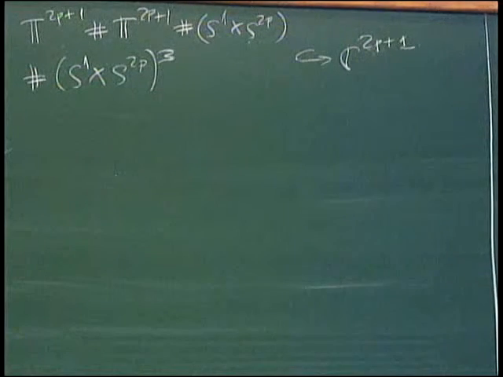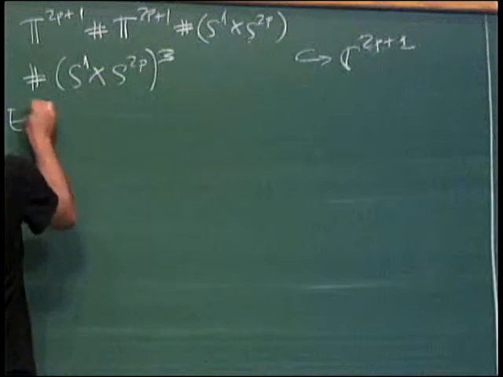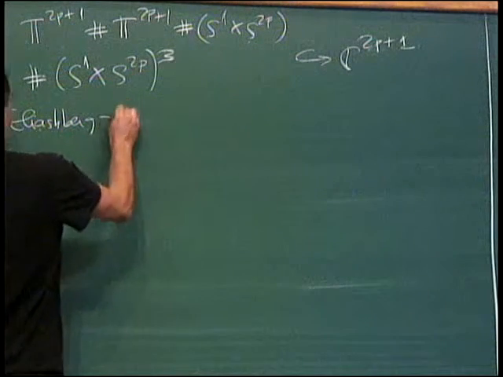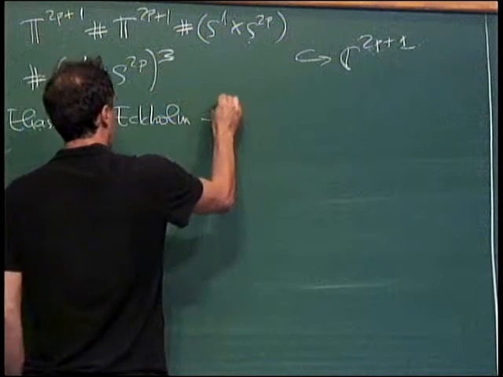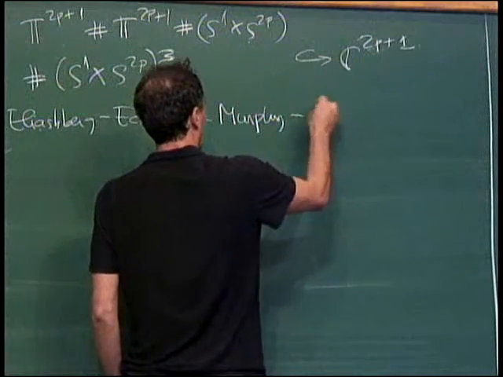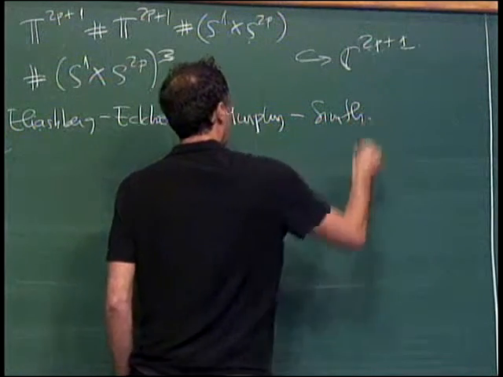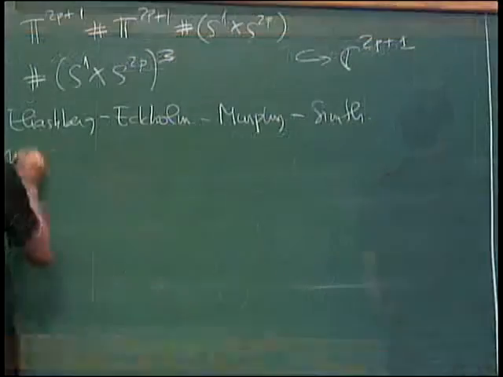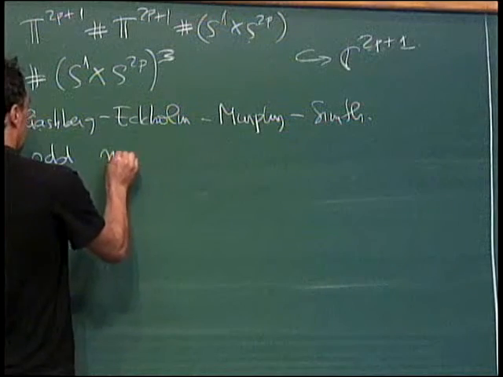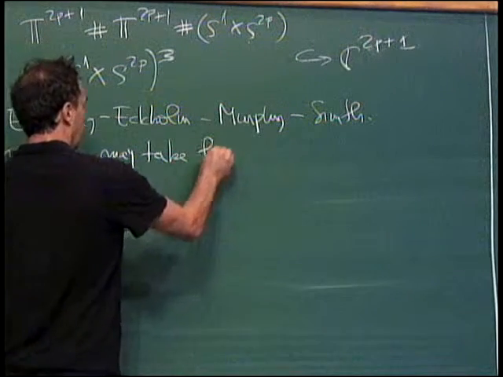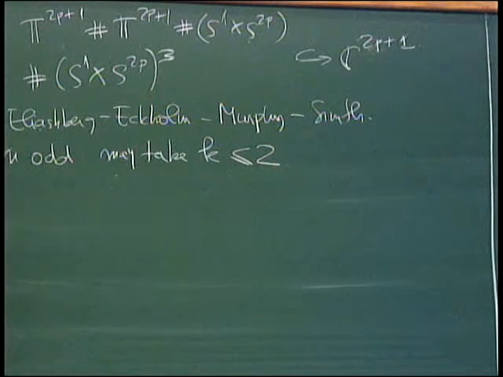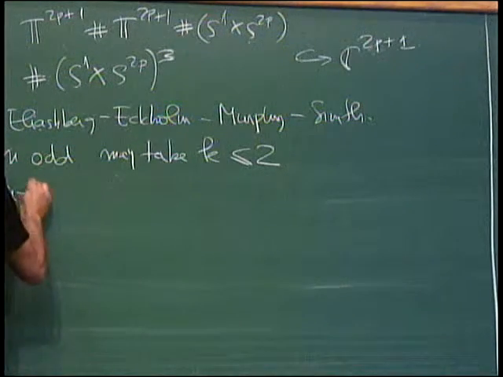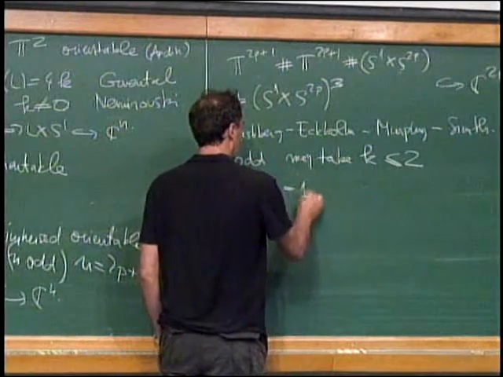And then very recently, there is a result of Eliashberg, Ekholm, Emmy Murphy, and Ivan Smith, that in the statement of Polterovich, if n is odd, we may take k less than or equal to 2. And in the particular case of dimension 3, we can take k equal to 1, and then the result is